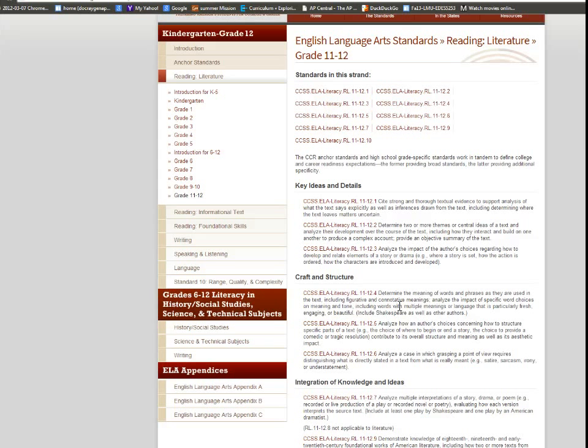We can have a K through 12 conversation on reading standard 4, reading literature, and we'll be talking about the same standard, albeit in first grade or in kindergarten, those skills are appropriate to the grade level, and by the time they are graduating seniors, it is much more complex, but it is the same standard from kindergarten through 12th grade, and it is a unified system of